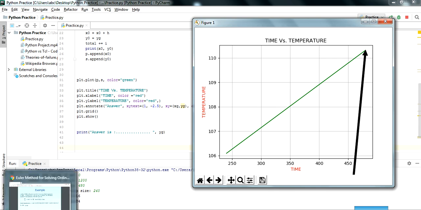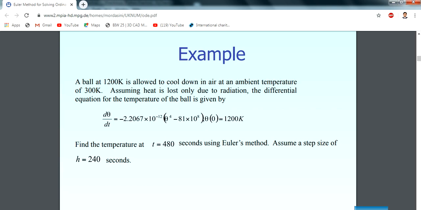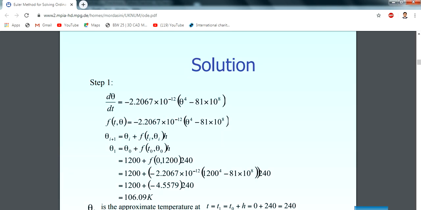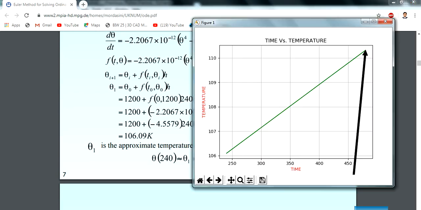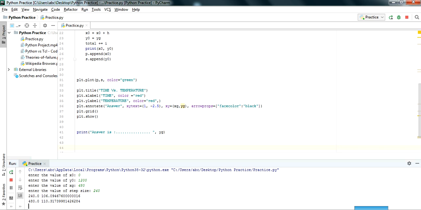And if we validate it, in the analytical method, the first iteration shows 106 degrees Kelvin, which is the same as ours, 106.